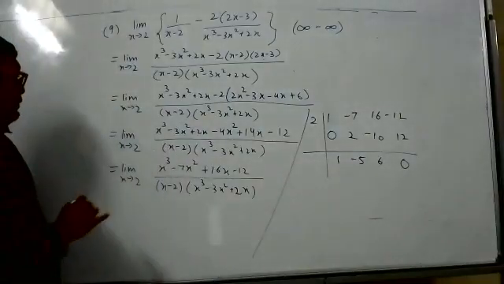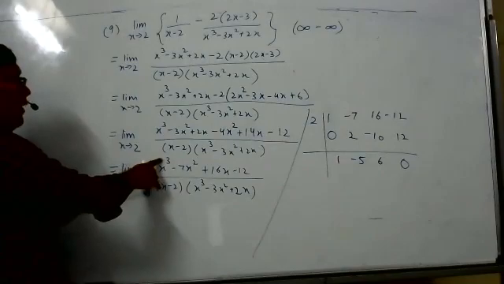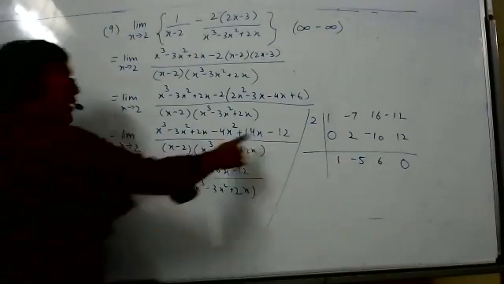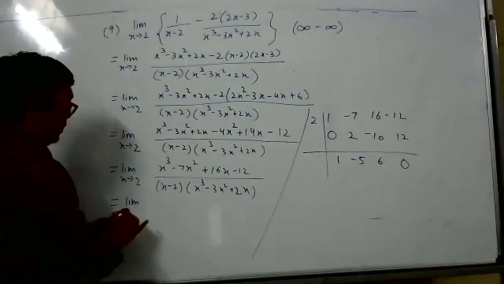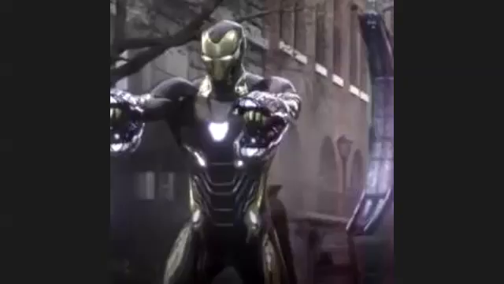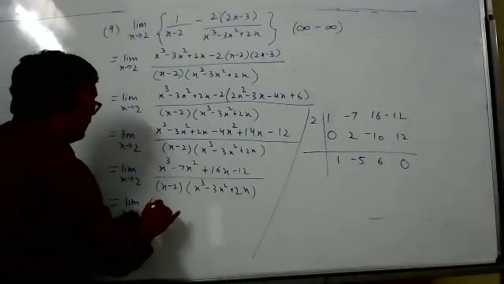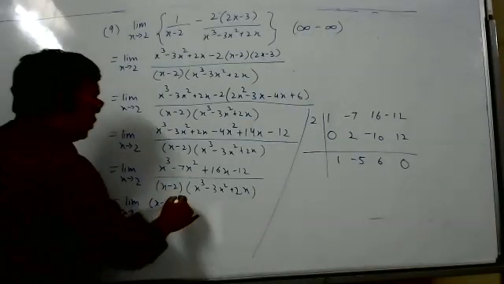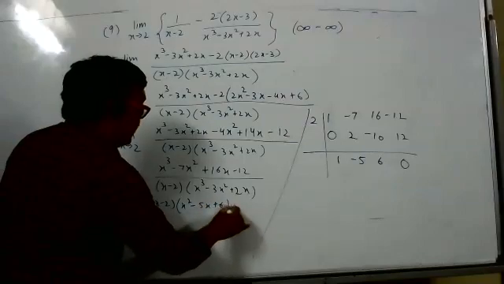Now tell me, student, if a cubic polynomial is divided by a monomial, what is the quotient? The quotient is a quadratic. So how to write this? The dividend is equal to the divisor x minus 2 times the quotient, with these coefficients: x square minus 5x plus 6. I have taught all this before, so I should not teach it in detail now.